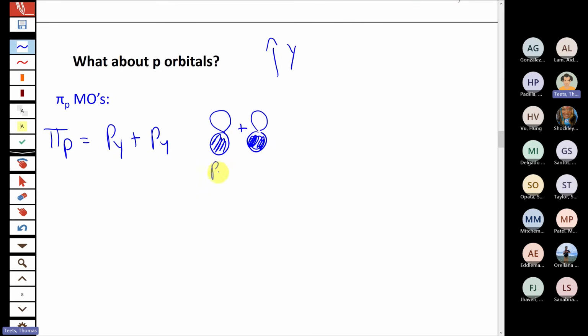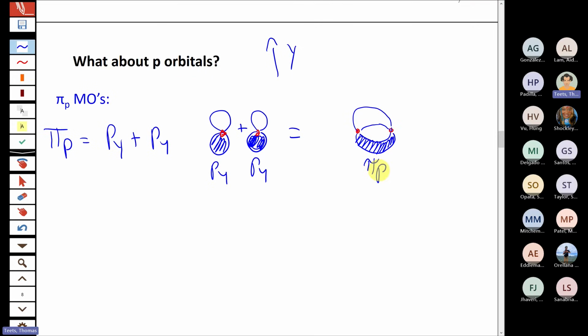But again, if we have an in-phase overlap of two py orbitals, with the nuclei right at the center, I'll show them in red, what you get is a bonding pi p molecular orbital. You're going to have your two nuclei there and there. In this case, that electron density and that positive overlap is going to be above and below where the nuclei are. So you're going to have a big lobe up here and another big lobe down here, opposite in phase from the two different lobes of the p orbital.